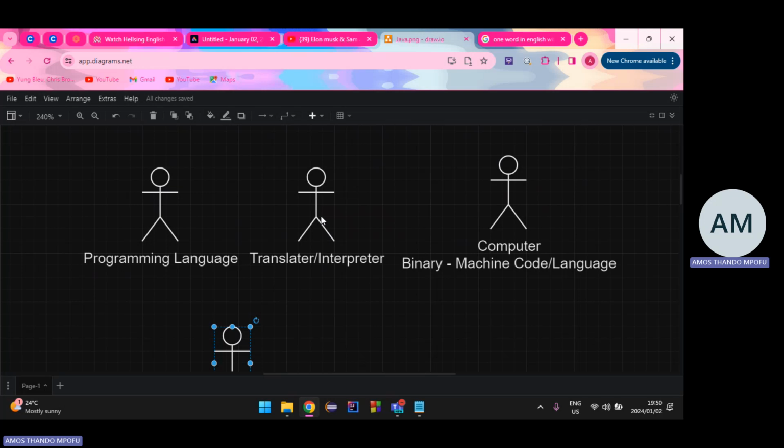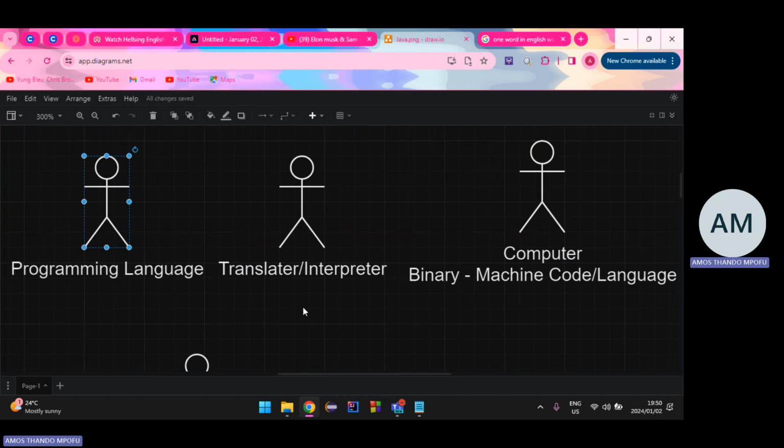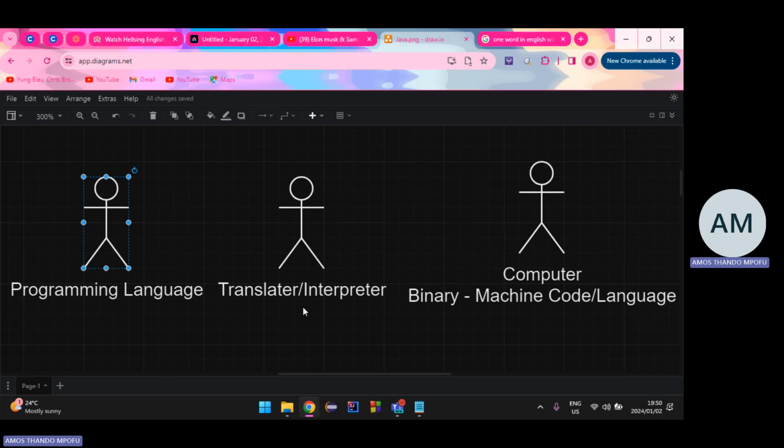So in simple terms, that's how it is. You write in a specific programming language and then you translate it to the language that the computer can understand. The purpose of this programming language is that it doesn't have that confusion, right? Remember what we talked about. Words can have multiple meanings. One word can mean a lot of things, and it can be used in different ways. So to remove confusion, programmers created a specific programming language.